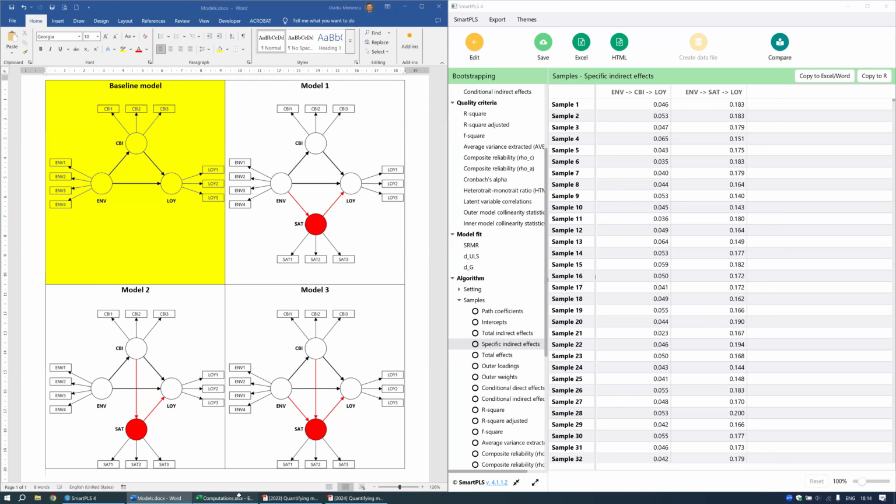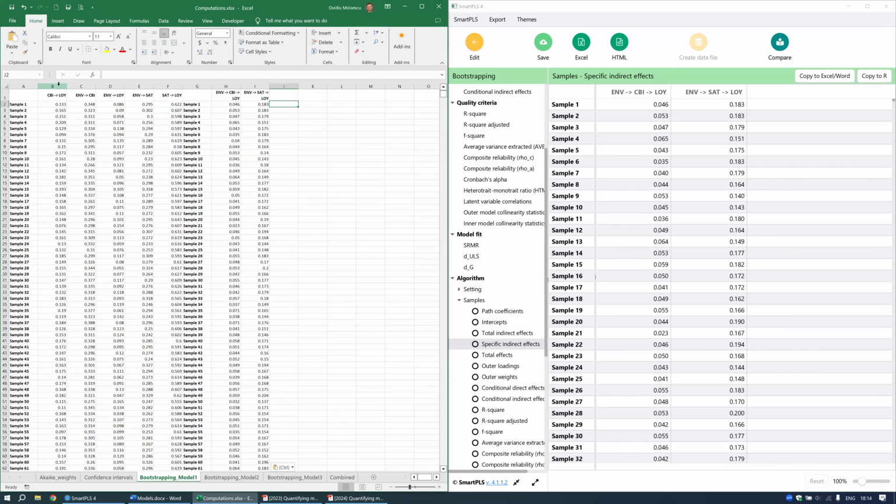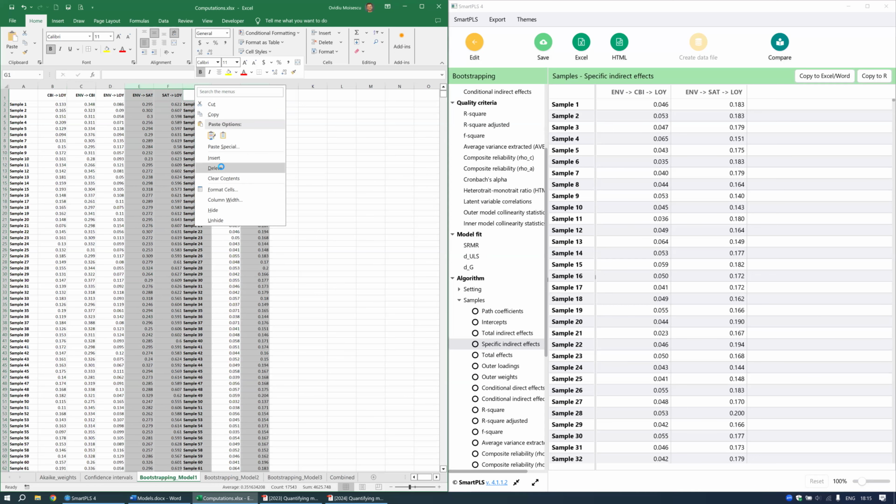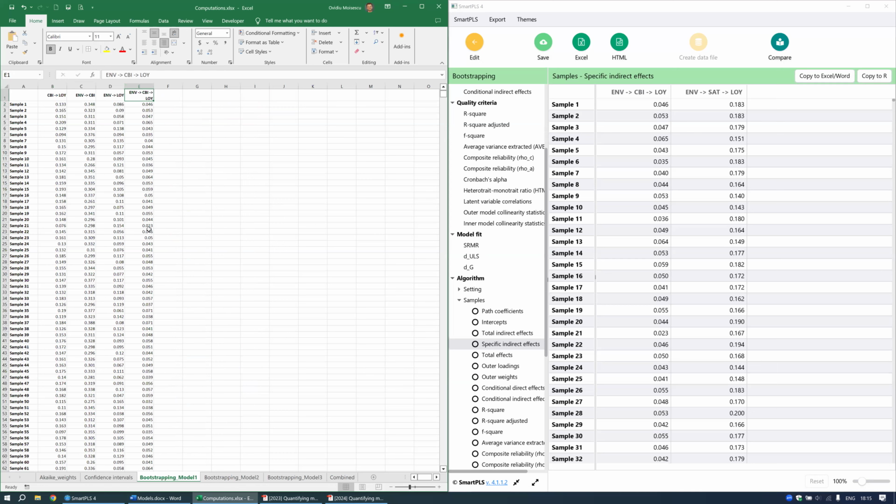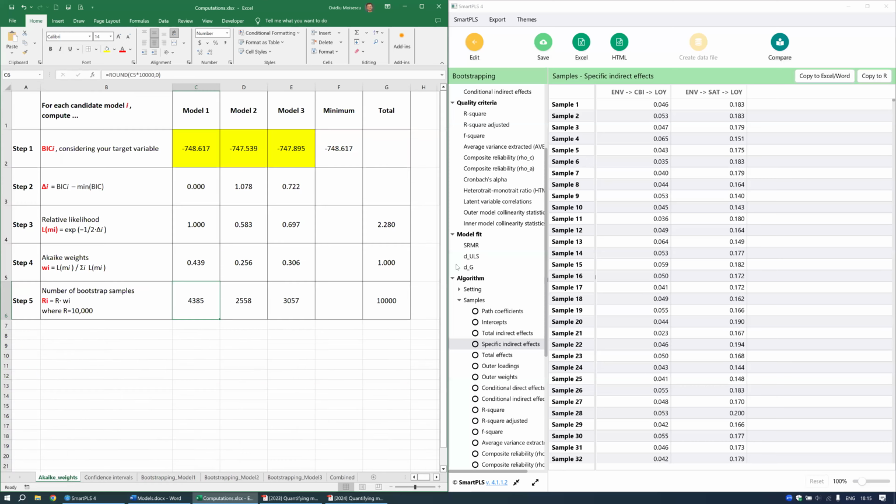So now we go back to the sheet and we just remove all other relationships that are of no interest for now. So we're interested in the direct relationships included in the baseline model. So those do not include satisfaction. So this, as well as this, are not relevant. This one neither, because these all include a construct which was not part of the baseline model. Now, we say this, and now we go for model number 2,